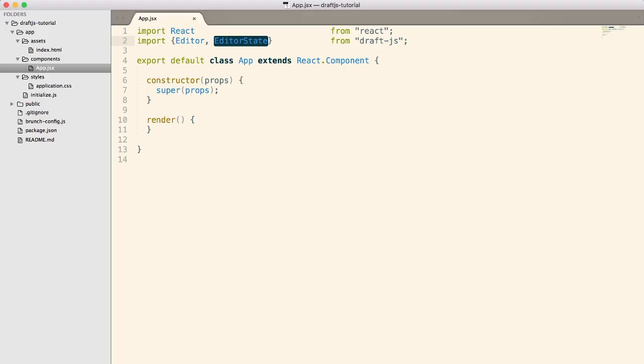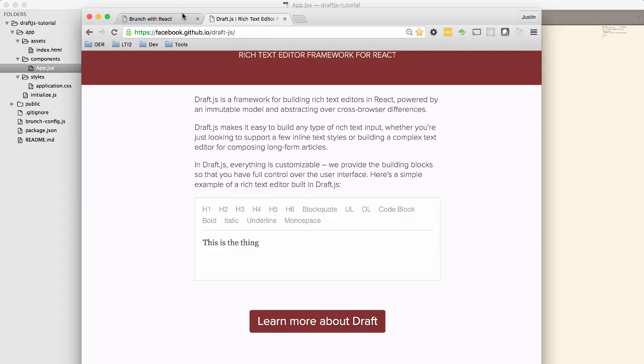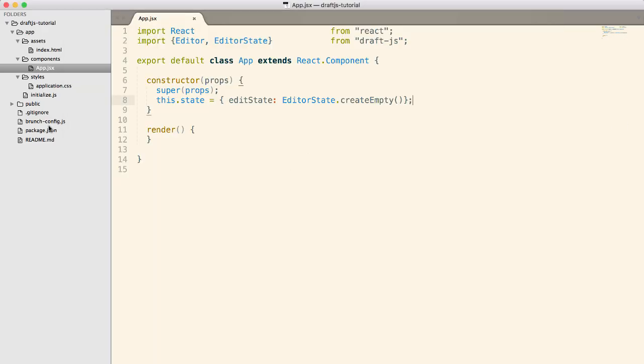Okay, so the first thing that we have to do is in our constructor right here, we have to say this.state equals, we're going to have an editor state, and it's going to be editor state dot create empty. Okay, so that will create an empty initial state. So far we haven't done anything, so again, if I switch over, you'll just see a blank page. But